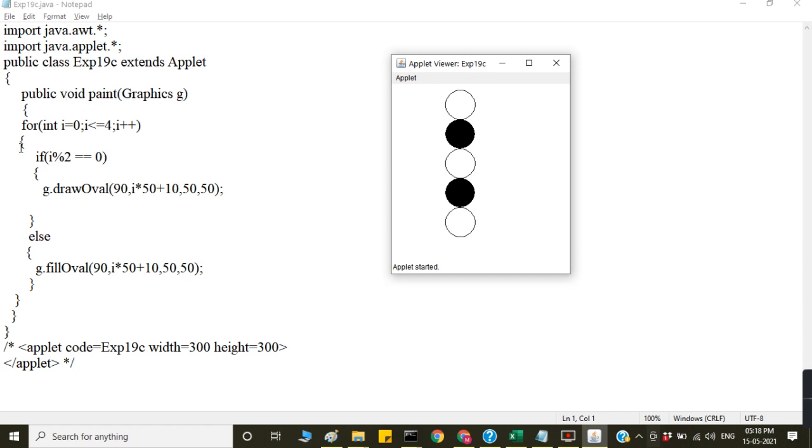19C says public void paint. You are using the for loop: for i equal to 0, i less than or equal to 4, i plus plus. For i modulus 2, that means 0 modulus 2 is 0, then it will draw the simple oval. These are the x, y coordinates and the width and height of that imaginary rectangle it will draw. Else it will fill the rectangle. When the remainder is not 0, it will fill with black color.